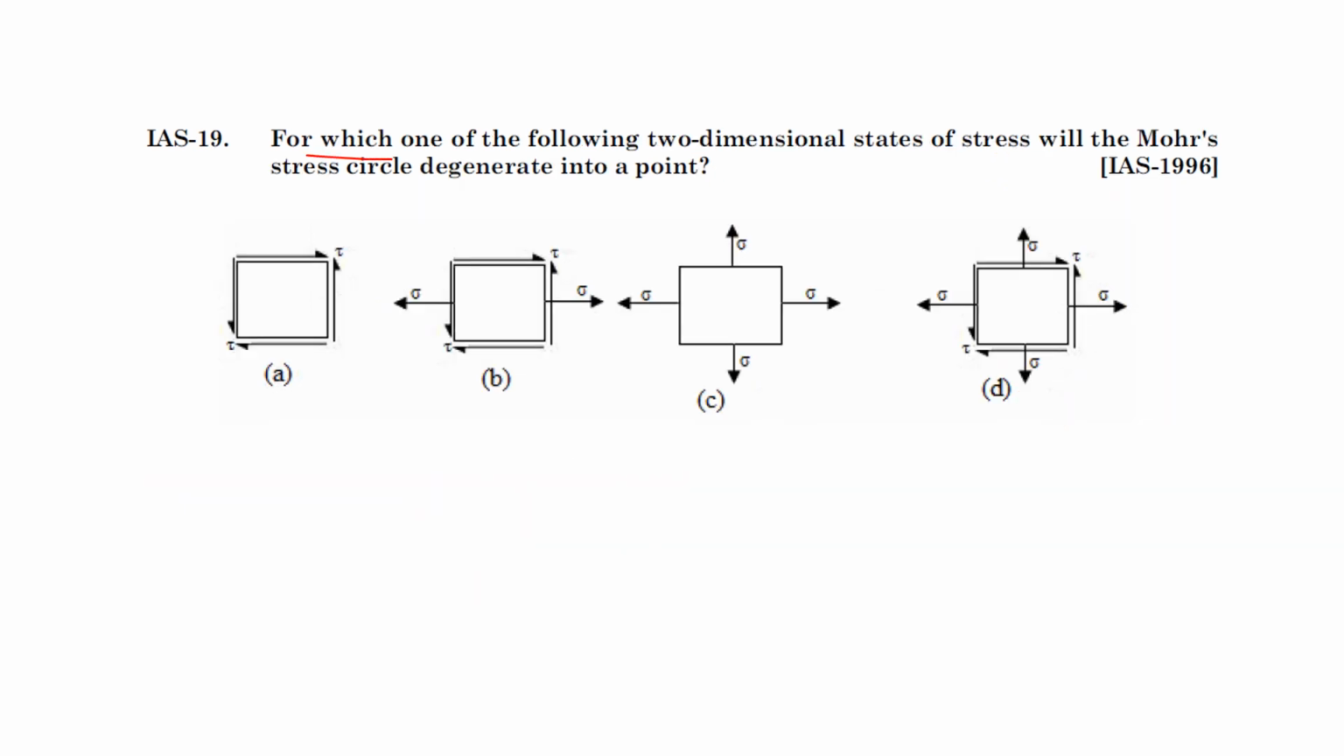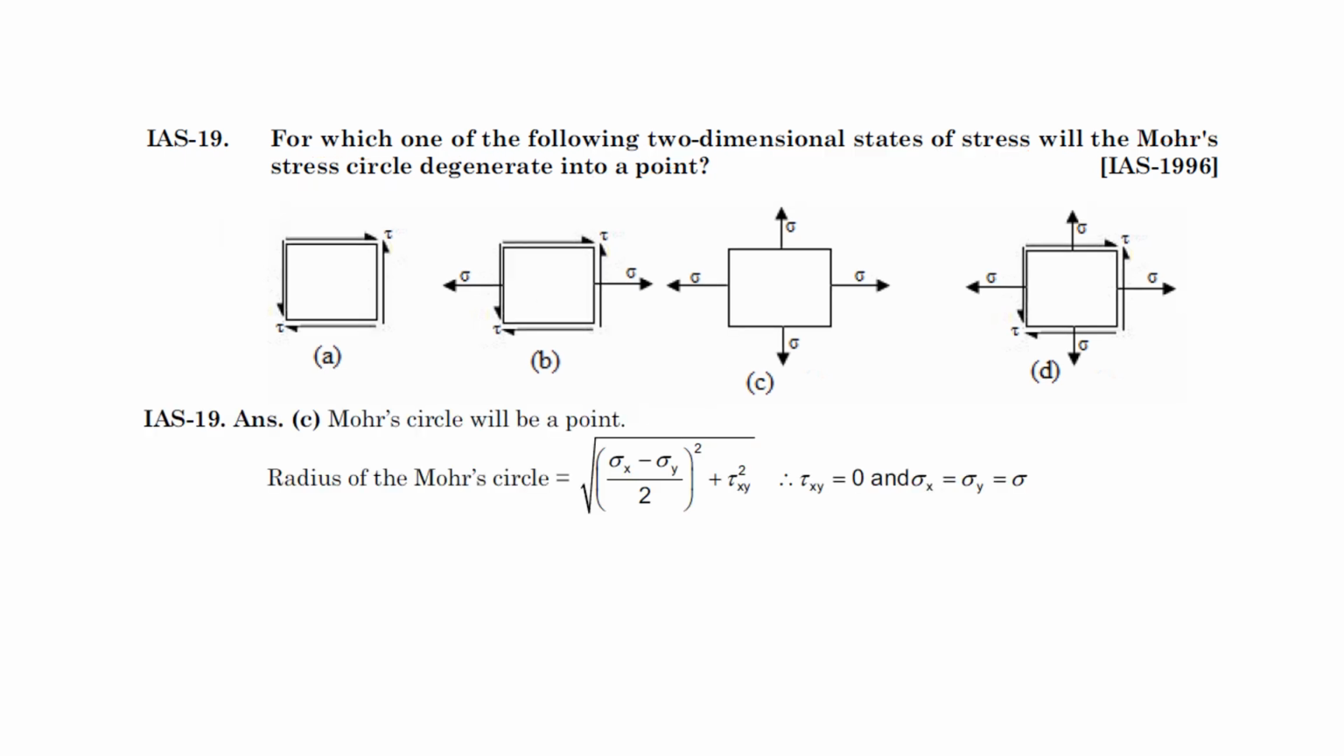Next question, for which one of the following two-dimensional states of stress will the Mohr stress circle degenerate into a point? Okay, so these are the options. ये तो देखिए प्योर शियर का है, anyway we'll see. देखिए इसमें एक्चुअली में C होगा, two-dimensional state of stress will the Mohr circle degenerate into a point. ओके, सो यही इसमें होगा नहीं, ये प्योर शियर है, इसमें भी नहीं होगा, C ही होगा आंसर. ओके